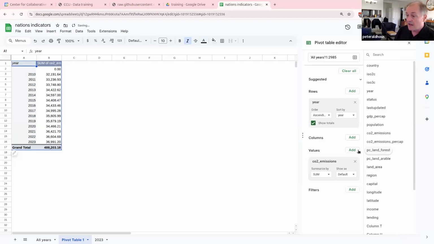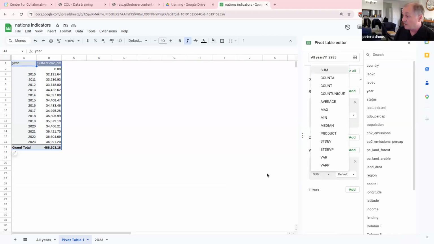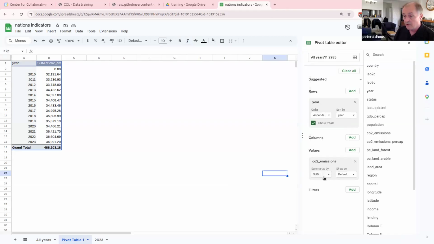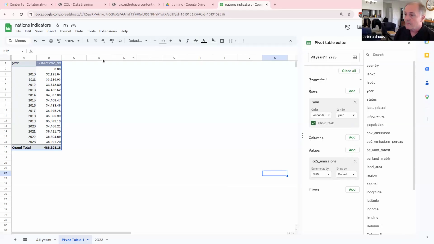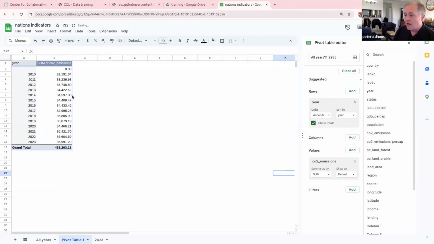Okay. And if I add that, it will do a summary. Now, the default here, it's chosen sum, add all the numbers up. And that's what we want. We want to add them up in this case. But sometimes you might want a different calculation. You might want the average, the median, the maximum, the minimum. Count A is a count of, I think, the unique values in a data set and so on. All right, so that has given us the global emissions in millions of tons of carbon dioxide equivalent